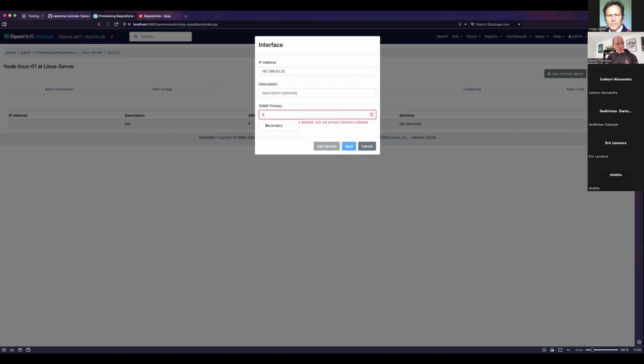So there's a bit of resilience if you have routers with multiple network interfaces. And if you set it to N, not eligible, that means it won't be used for any SNMP communication at all. Any questions on that?